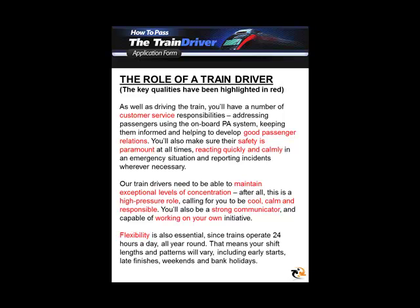Now, they don't always get it right, I admit, but they are passionate about it, and therefore as a train driver you must have good customer service skills and responsibilities. Basically, you're going to be a role model for that train operating company. You need to be able to relate to the passengers as well, making sure safety is paramount, and safety is